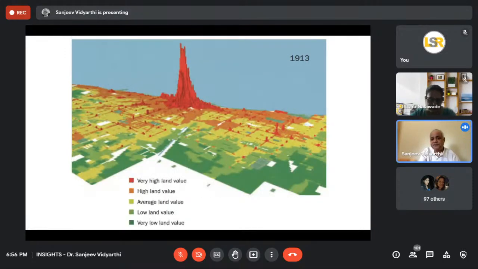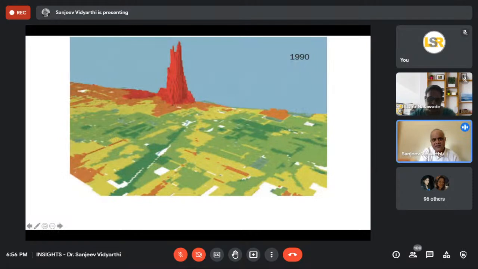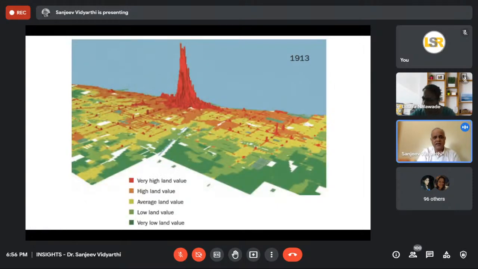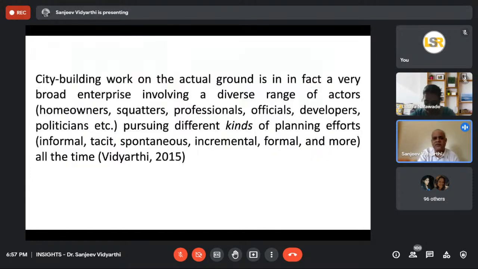By 1990, yeah, it's like sucking it in. और ये सारे गायब हो गए, ये छोटे-छोटे वाले जितने भी ये, and see it flattens out, and this goes up. और इस area, ये जो second CBD form हो रहा है, इसकी भी value बढ़ने लग गई. And then this is 2005, yeah, and that's that expansion of. So the real estate values themselves had changed dramatically. South side of the city has lost a lot of real estate value, and the north side of the city has begun to do very well. So that's one way of thinking of it.